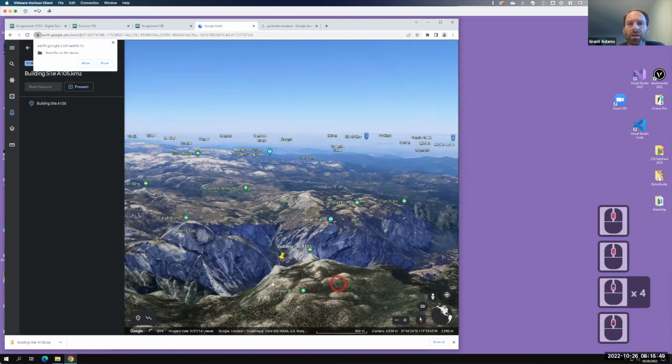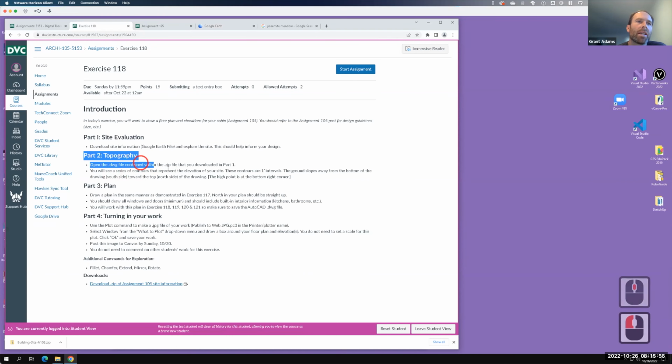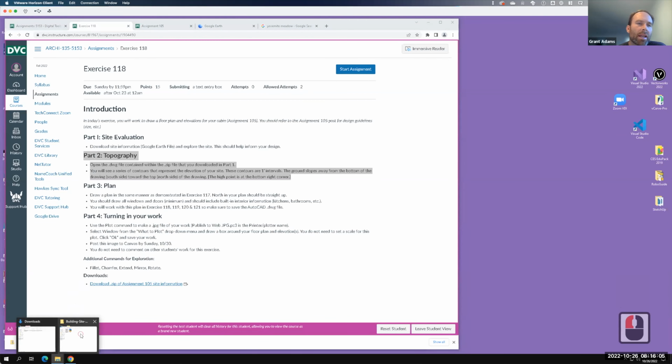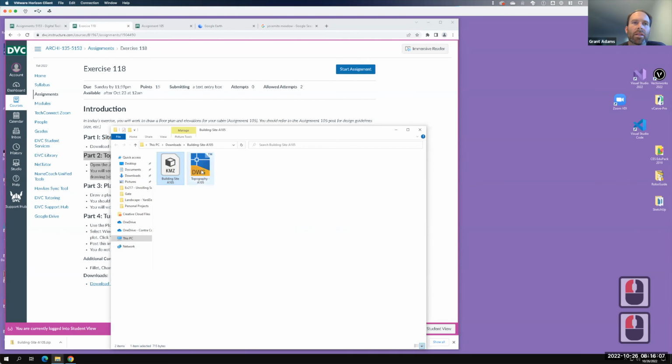Make sure that you can load that in and have a look at our building site. Next up, we want to open up that DWG file that's contained so that we can see what the topography looks like. So I'm going to go ahead and do that as well. So let me open up my folder where I had it here. And I'm going to double click on this